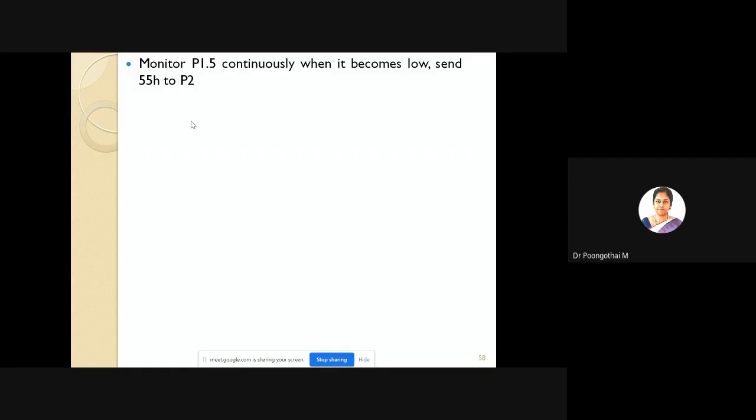Monitor P1.5 continuously. When it becomes low, send 55 to P2.